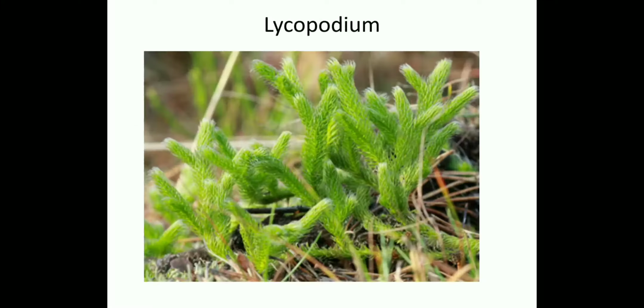Here what will you see? See, you can see these are the leaves. This is the Lycopodium. So here we have all the microphyllous leaves, and the sporangia develop on the leaves only. Or sometimes these sporangia are clustered and borne in the form of a cone-like structure, for which we use the term strobili.